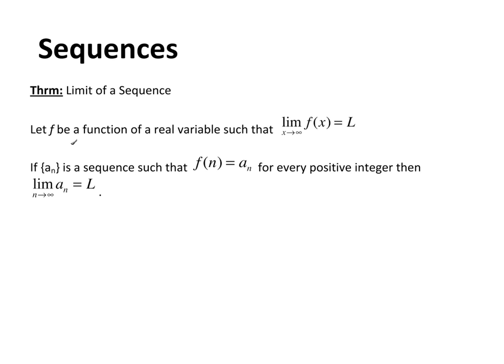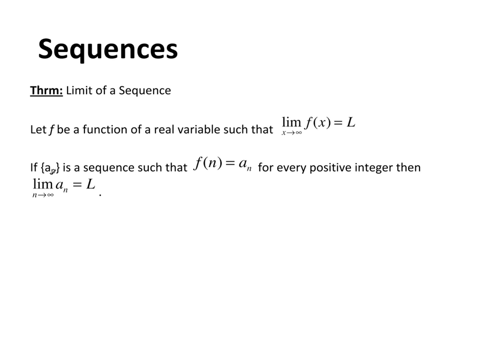So let's let f be a function of real variable such that the limit as x goes to infinity of f of x equals L. Now, before I did a couple examples where I had an, and I just took the limit as n goes to infinity, and I said, yeah, it's okay, you can do this, don't worry about it. Well, this is really why you could do this.